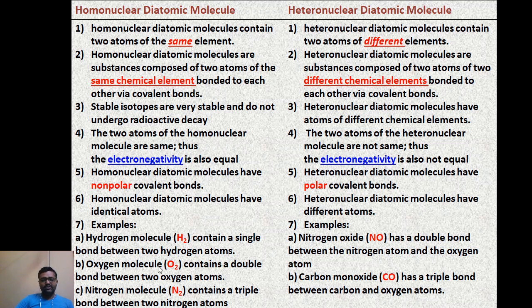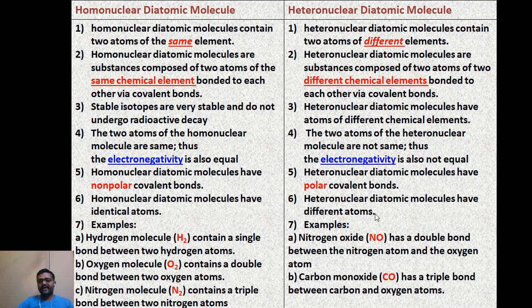The second example is the oxygen molecule. It contains a double bond between two oxygen atoms, means its bond order is two. Therefore, between the two atoms the bonds present are one sigma and another pi bond. The third example is the nitrogen molecule N2, which contains a triple bond between two nitrogen atoms, one sigma bond and two pi bonds. Its bond order is 3, therefore three bonds are present.